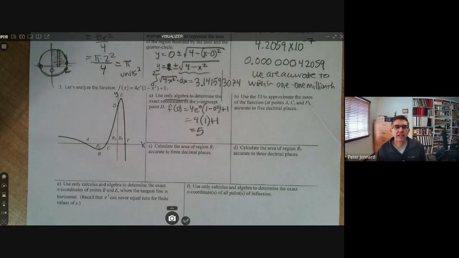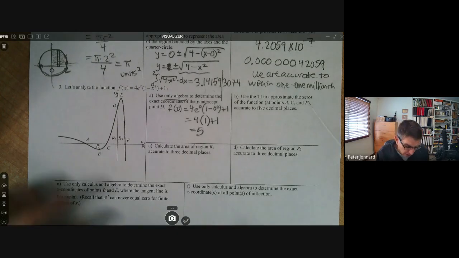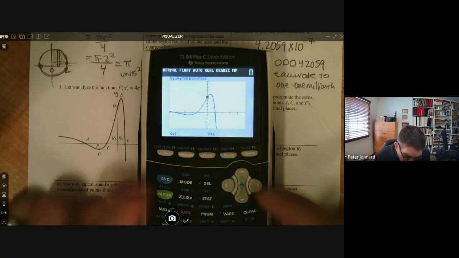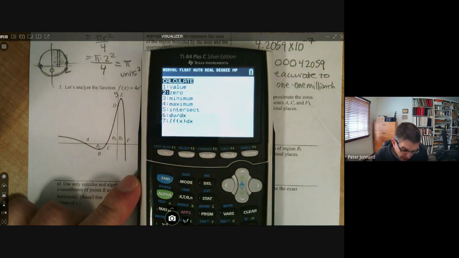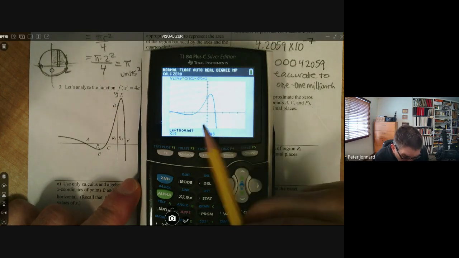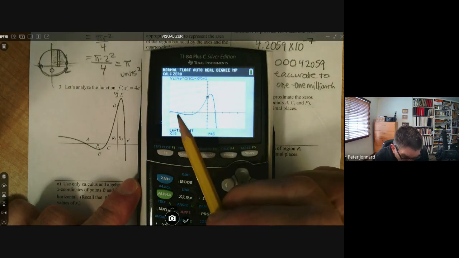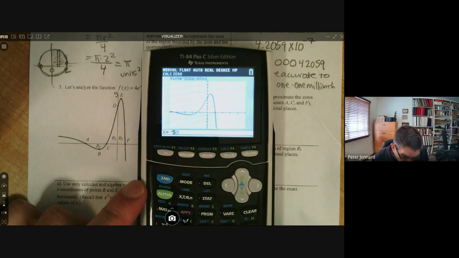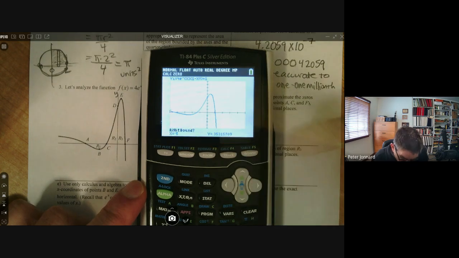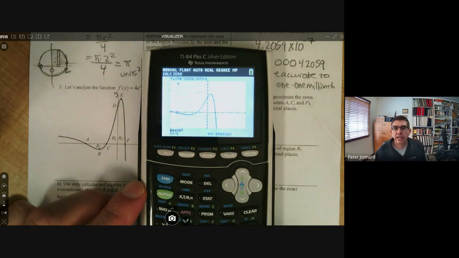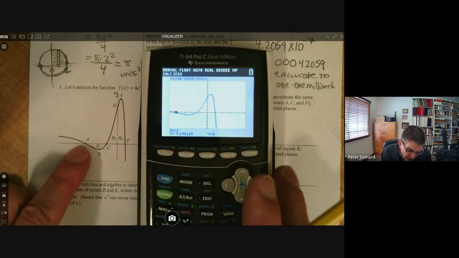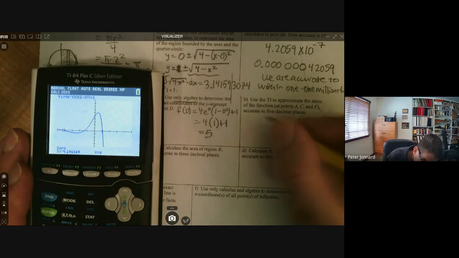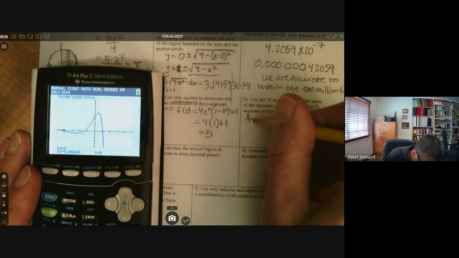Okay, use the TI to approximate the zeros of the function at points A, C, and F accurate to 5 decimal places. So it's asking us for 5 decimal places. So second calc, we need a 0 there. And the left bound, I'm going to go -1, 2, 3, 4, 5. I'm going to tell it -5. And the right bound, I'm going to tell it -4. And then when it asks for a guess, I'm going to let it do the guessing. And there it is. So point A, the x coordinate is